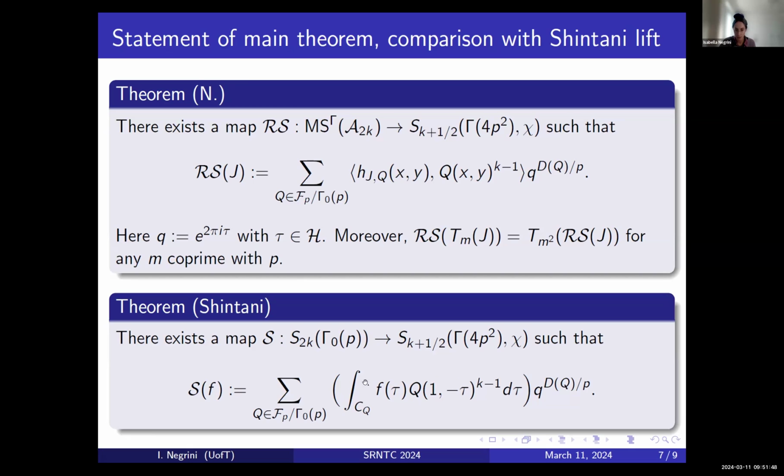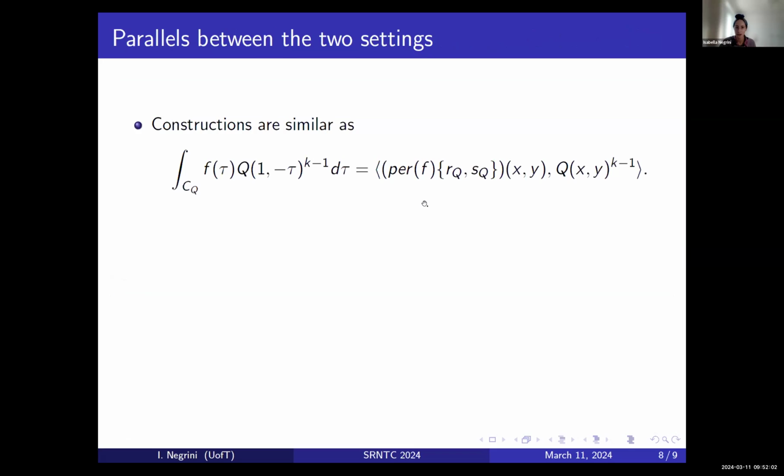So now I want to compare these two coefficients. Remember that here we are integrating on the Shintani cycle, while here to get this polynomial, we plugged in the endpoints of the Shintani cycle in the residues of J. So now the integral is actually similar to what we did to get the polynomial H, because the integral, you